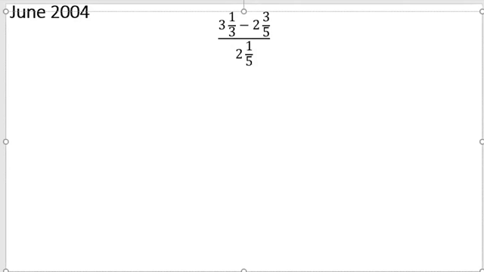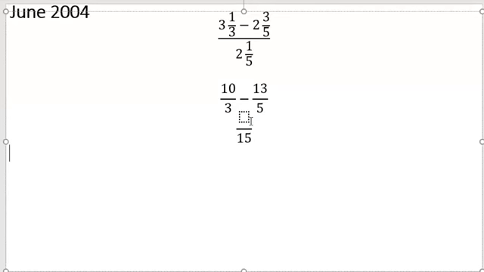So once again, working our numerator fractions. I am changing 3 and 1 upon 3 to an improper fraction, so 3 3s is 9 plus 1, 10 over 3, minus 2 5s are 10 plus 3, 13 over 5. And again, we will find our